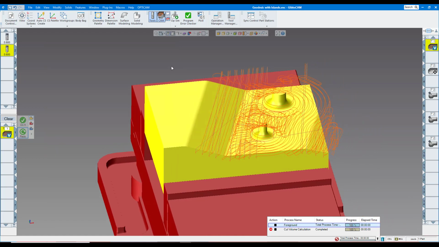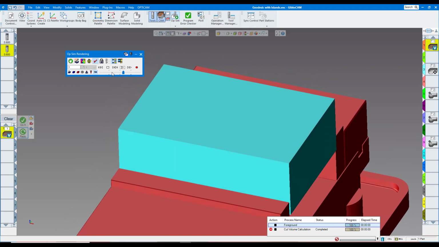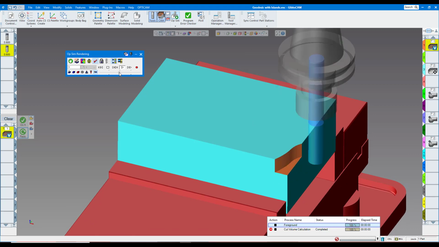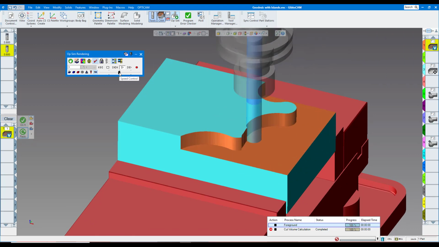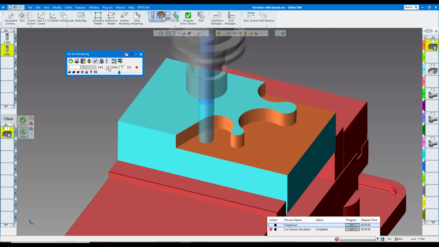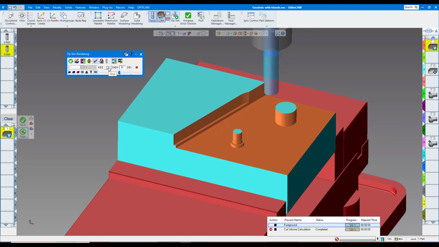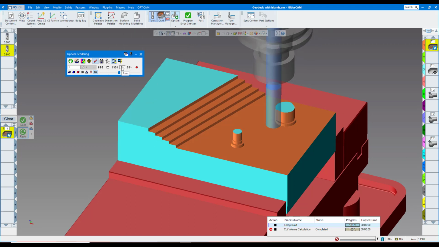Now I have the tool path for that I want. So let's take a look. We'll rewind and we'll play. And you can see, told it to climb mill. And there's my 800 thou. It's going to clean that up. It's going to hit the flats. And then it's going to reduce the step by 100 thou to clean up the large walls on there. So I have a 100 thou step everywhere on the part. So if we let this finish out,